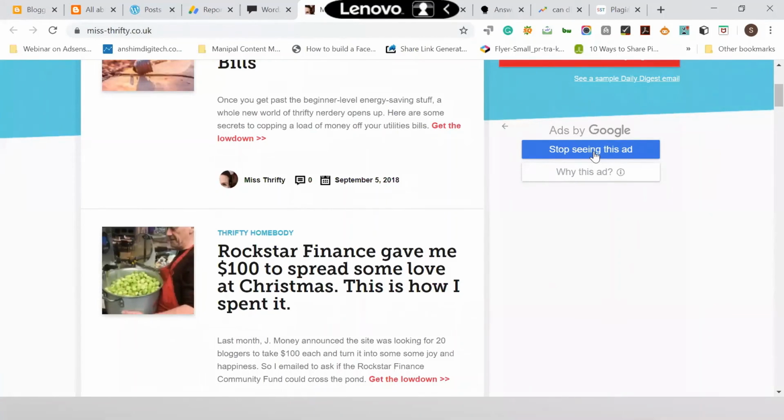Now, what Google does is simply record the type of sites you're visiting. If you're visiting digital marketing kinds of sites, Google will show you related kinds of ads. If you're searching for some mobile phone, for example, whenever an advertiser is placing an ad, Google will try to target you and show those kinds of ads. So this is what happens with cookies. Cookies are nothing but a temporary record of all the sites you are visiting, and that record goes to Google and it shows the ads, right?